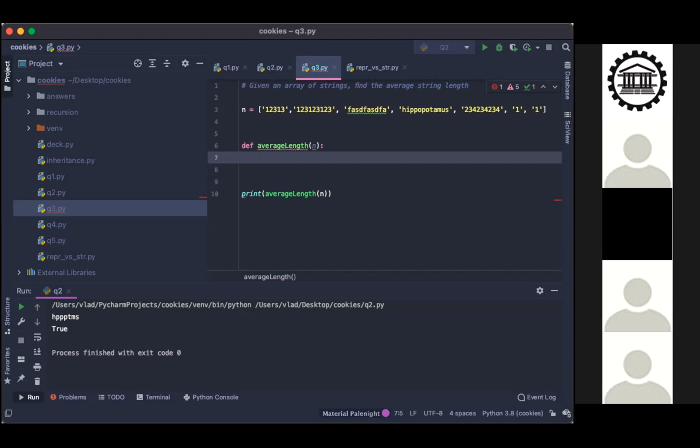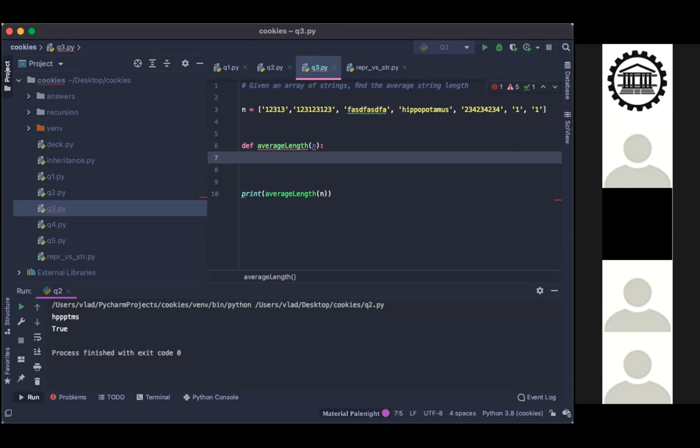Okay, so the overall average length? Overall, yeah. Okay, we can find the length of each element in that list, and then add them all together, and then we can divide by the length of the list itself. Okay, let's try that out.